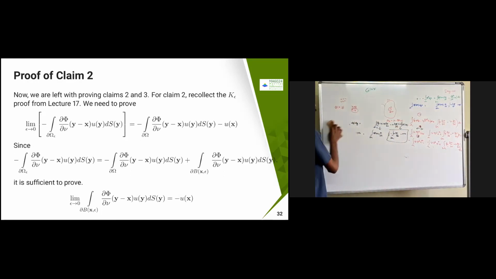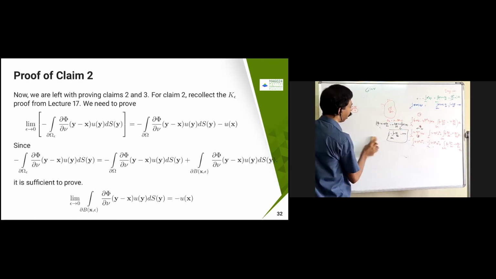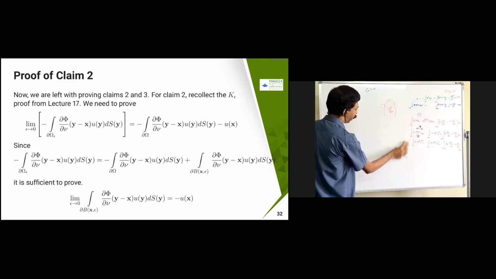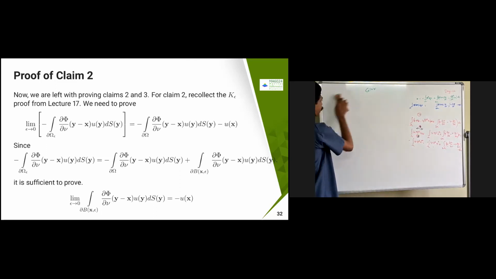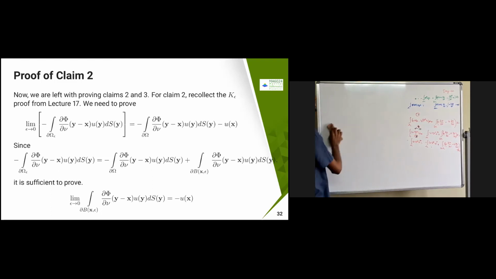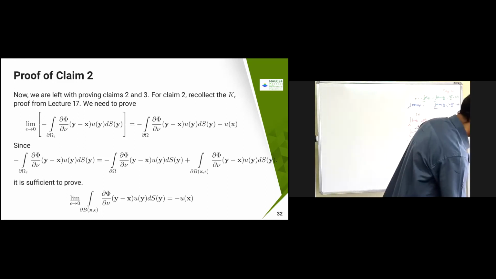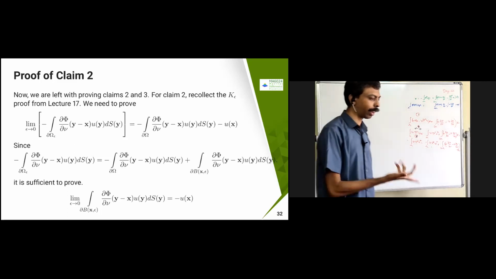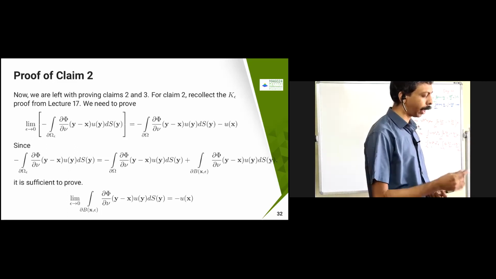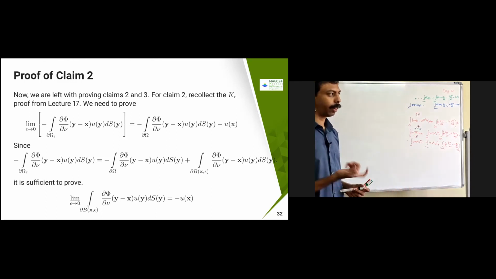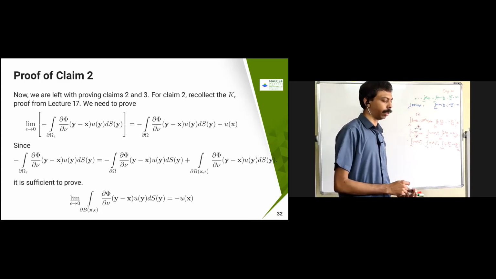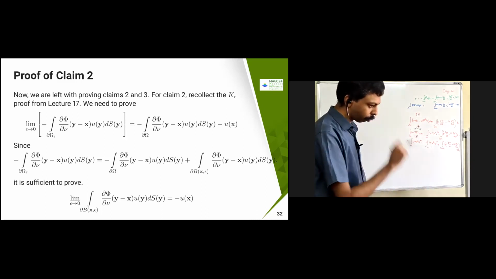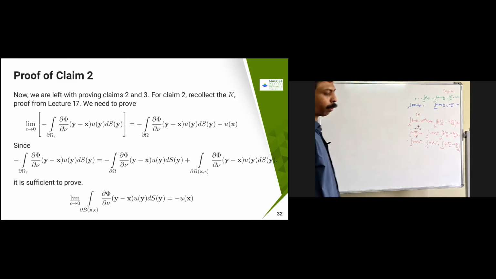Remember that our take-home message is that g of x, y, the Green's function, is nothing but the fundamental solution minus the corrector function. The fundamental solution already satisfies the Laplace equation. The corrector function we define by the Laplace equation together with the condition that pi of x, y equals the fundamental solution at the boundary. So these are the two messages you need to take: the Green's function is defined as the difference between the fundamental solution and the corrector function.